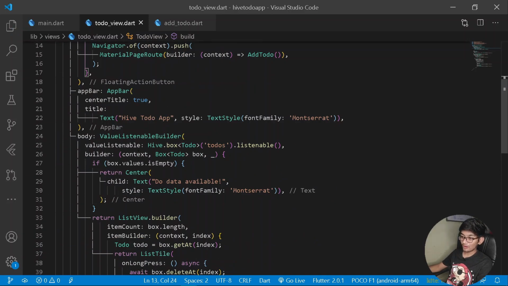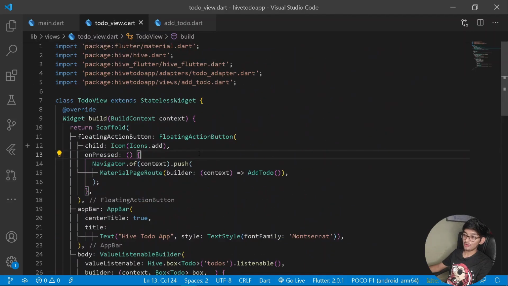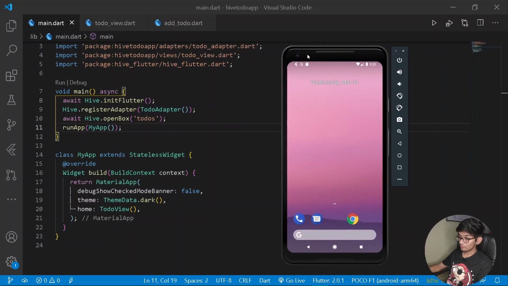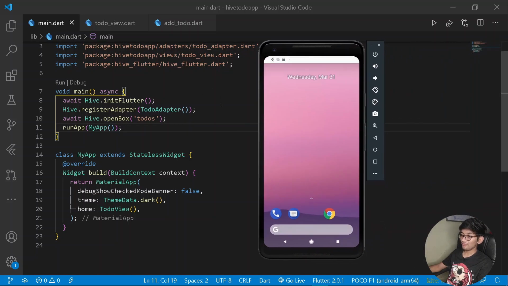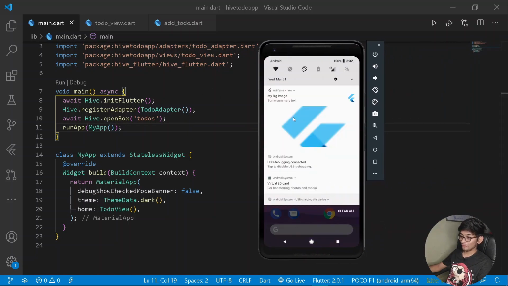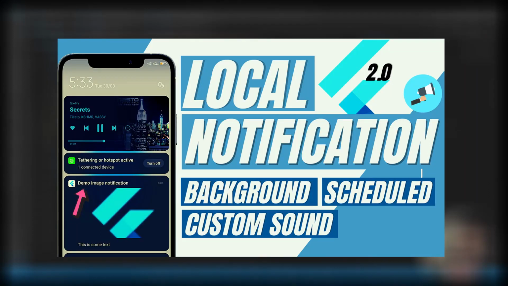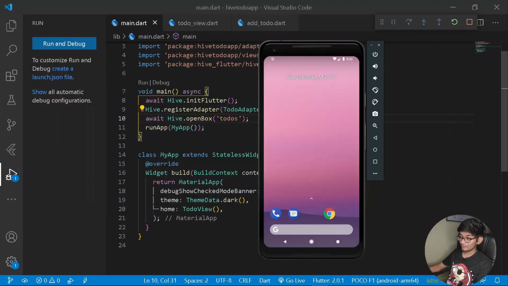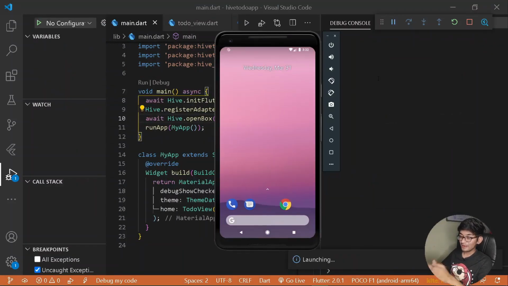Let's try running the following application on our Android emulator. So let's import our Android emulator and try it out. Let's press F5 and let the application load. Now don't worry, this was just my previous tutorial that I have just built over notifications. Check that out as well. So let's press F5 and reload our entire application once. Now this might take some time, let me drink some water.